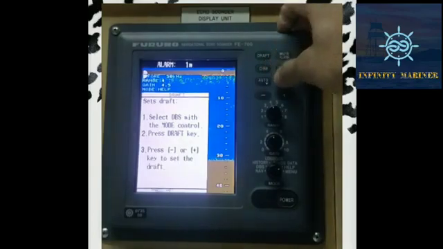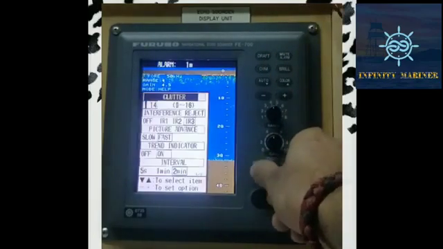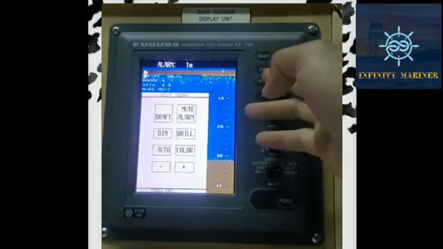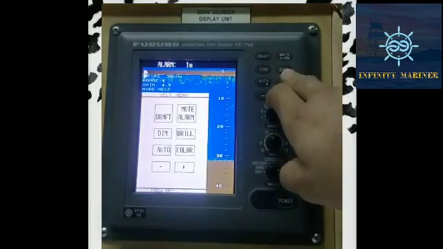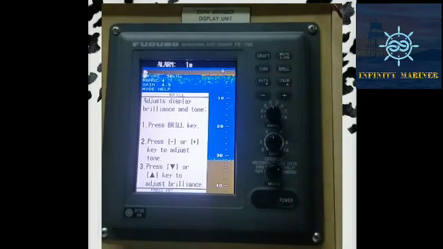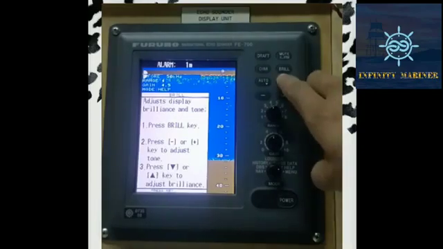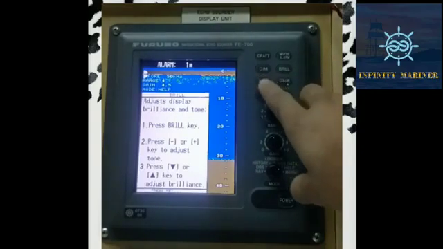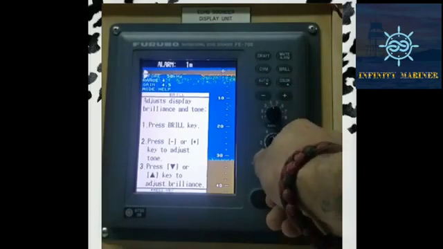Just like that, you can go to the help menu and click any of the options like dimmer, brilliance. To set the brilliance, just click the brilliance key, press the minus or plus key to adjust the tones, and press the up and down keys to adjust the brilliance.